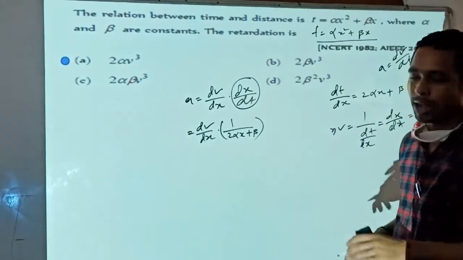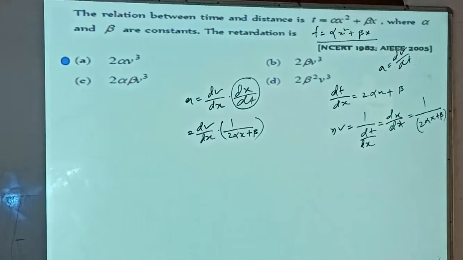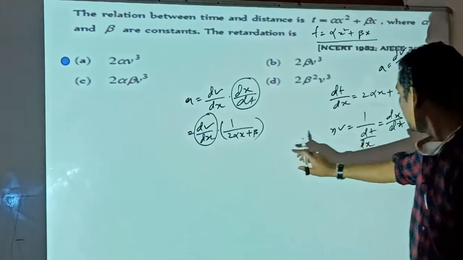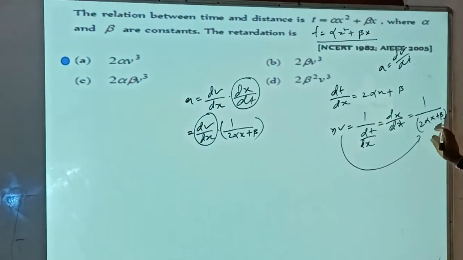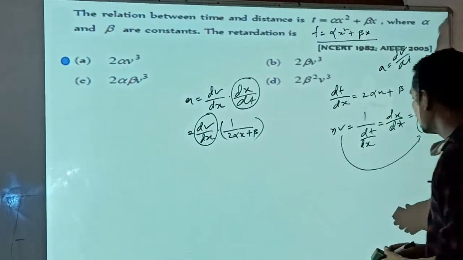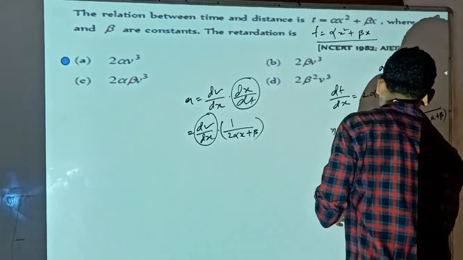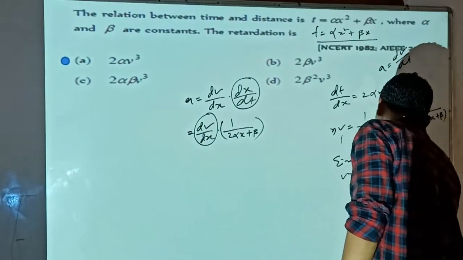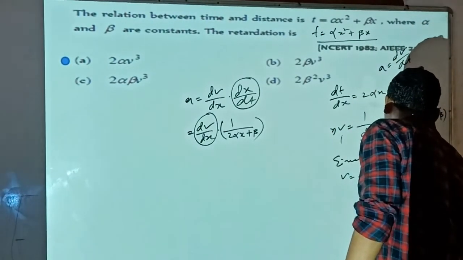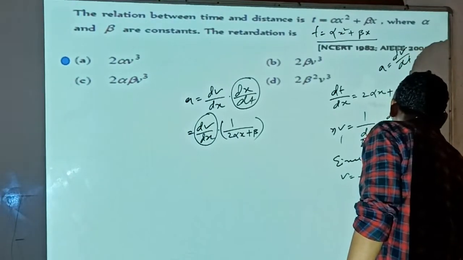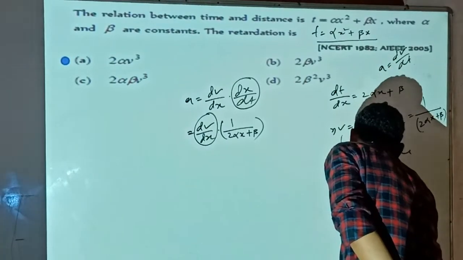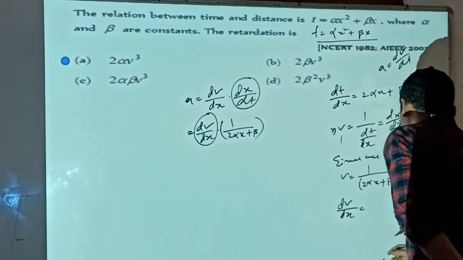dv by dx is given. Since v is given, we can find the value of dv by dx. Since v has been written as 2 alpha x plus beta, if we differentiate again with respect to x, we have dv by dx will be